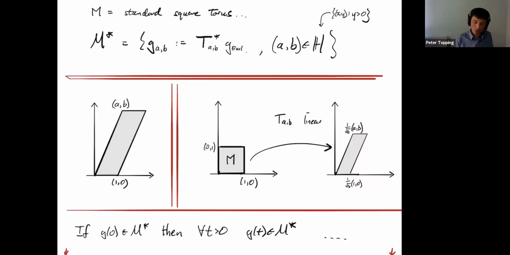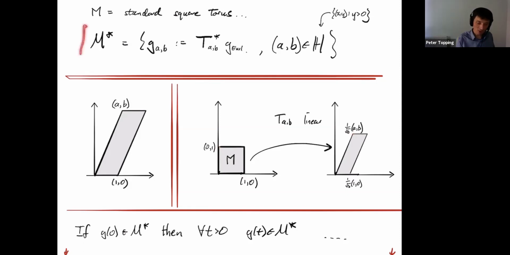Okay, so I really want to consider this torus here, but one of the things about this flow is because we're doing PDE theory, you have to work on a fixed base manifold. So the fixed base manifold we're going to work on is this one. So how do I consider this metric here? Well, in the obvious way, I take the linear map T_{A,B}, the obvious linear map, which maps this to this, okay? So clearly I'm going to map this point here to this point here, and I'm going to map this point here to this point here.